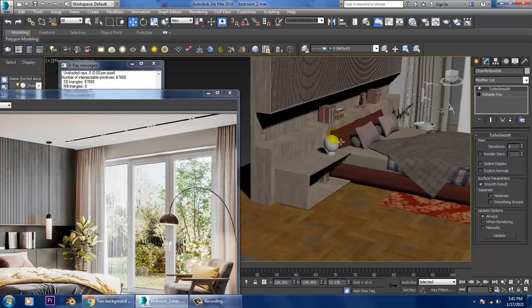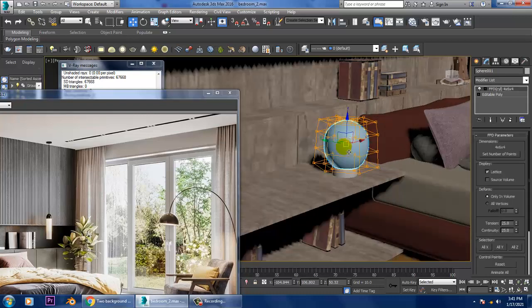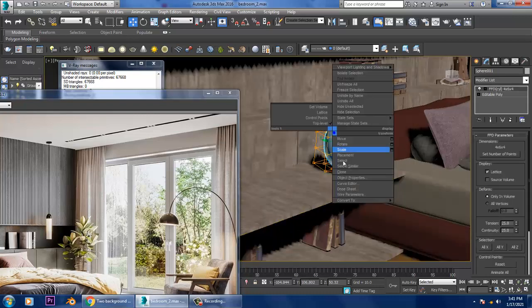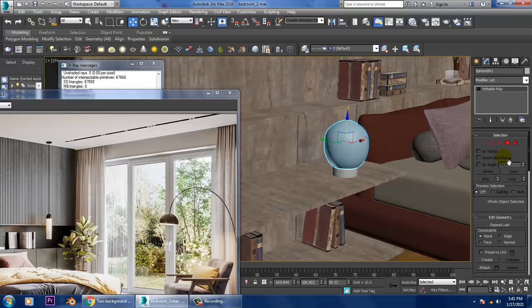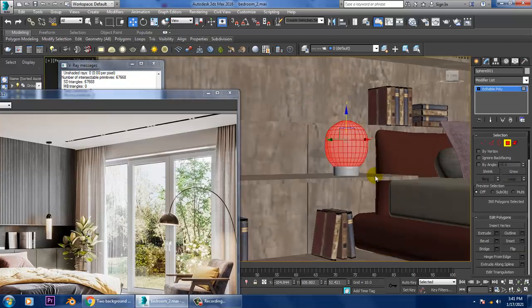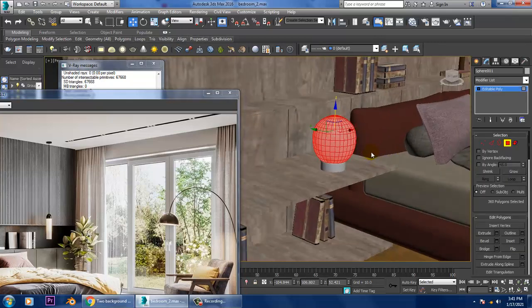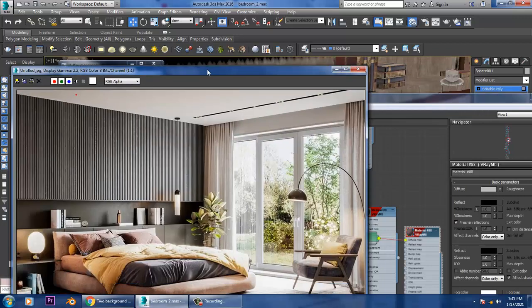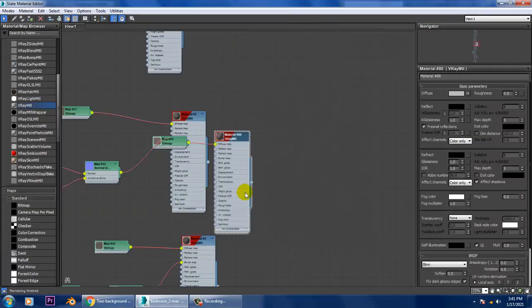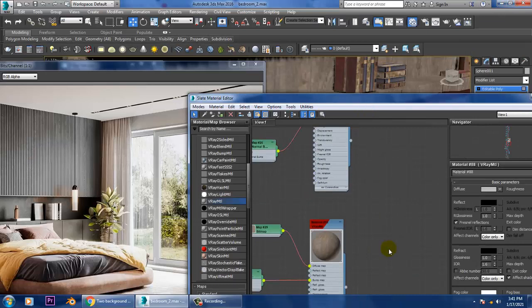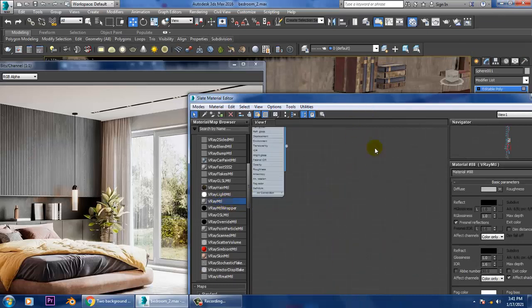So we can also light this lamp. Let's go into this, convert to poly, select this part, go into material and let's take a V-Ray material over here.